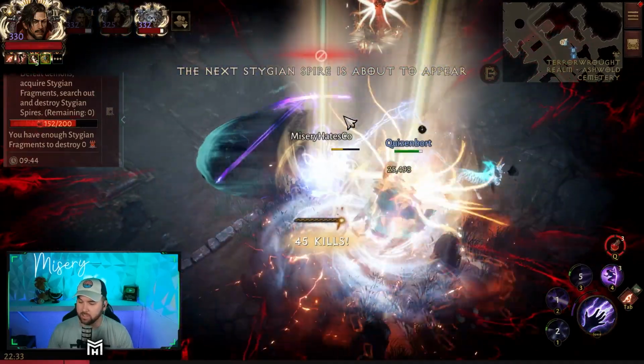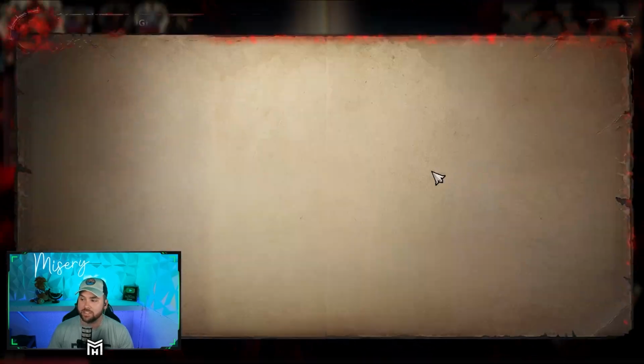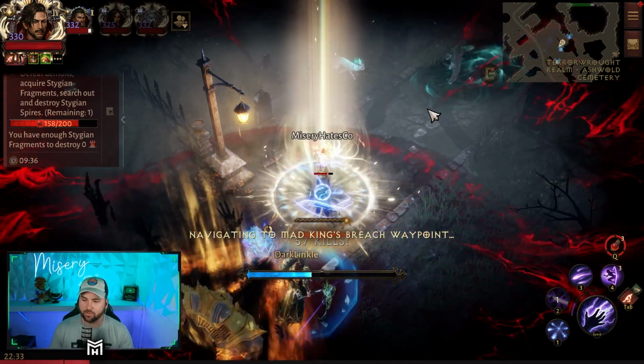So that's why I utilize it. Again, it's a very straightforward build. It's not utilizing any of the newest essences that came to the Wizard. A lot of the new essences for Wizard are focused around